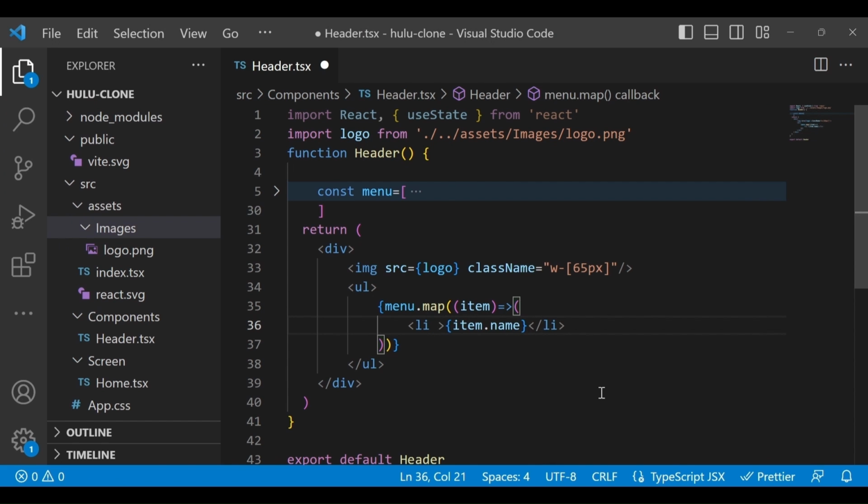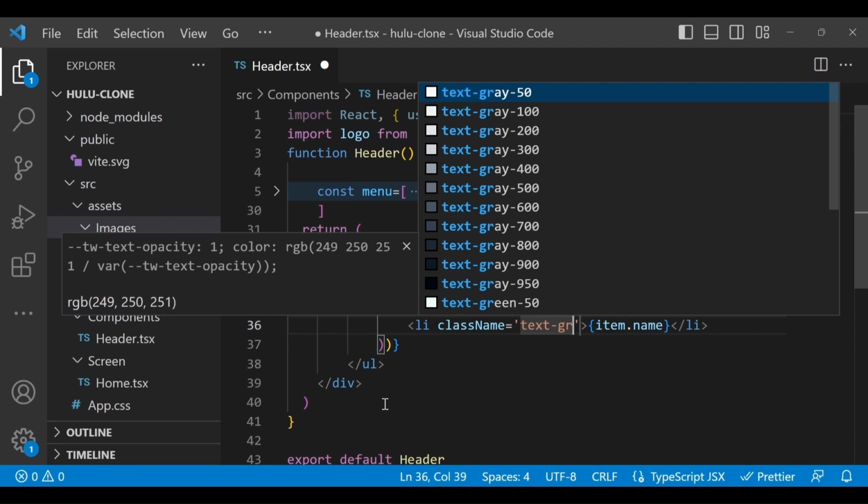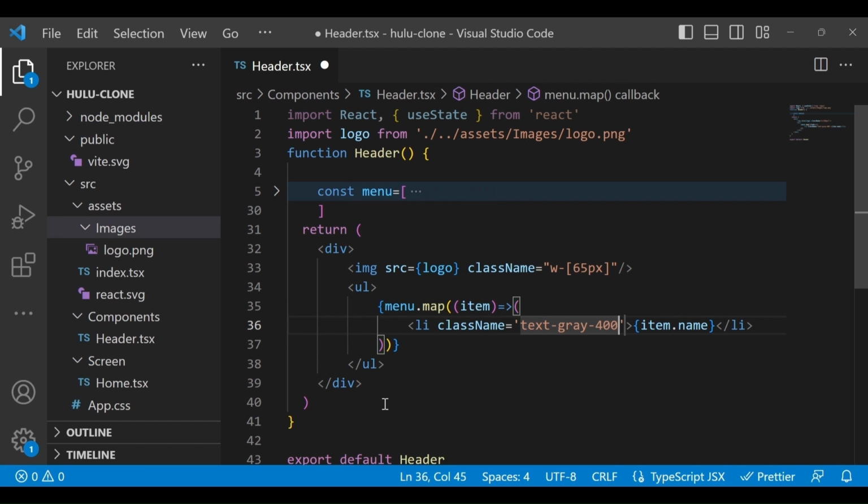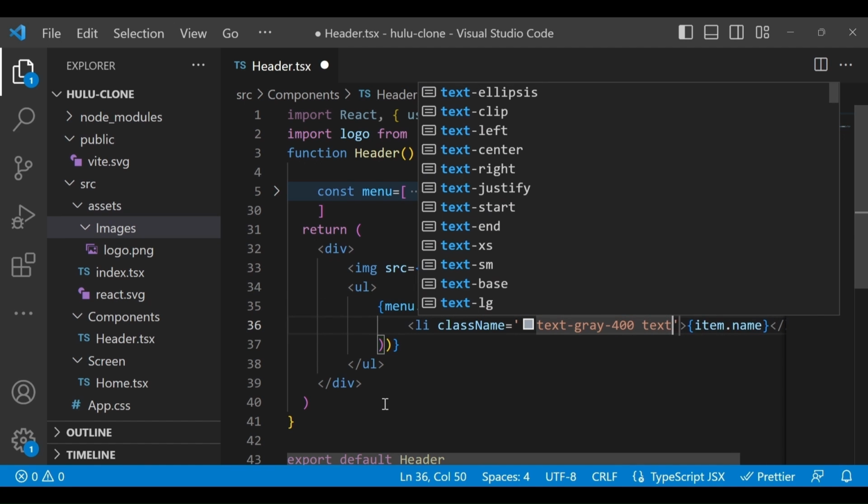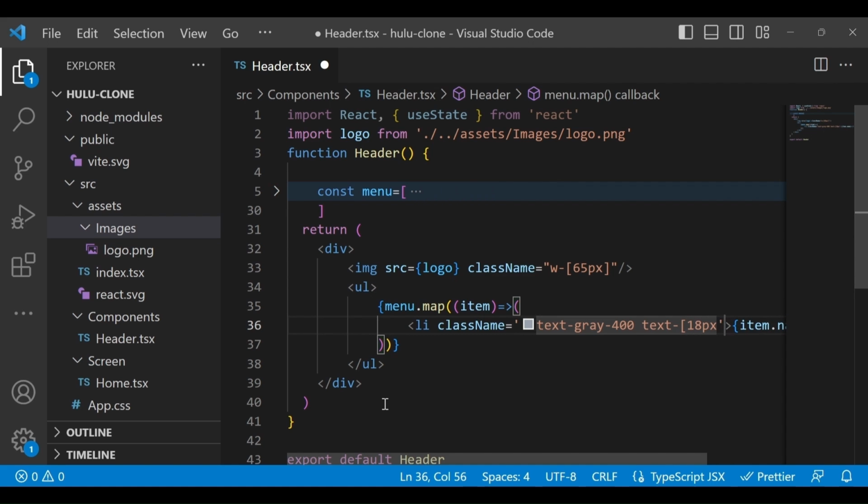So for this li tag, let's apply some class name, and here we will give the text of gray color. If I write text, you will see this bunch of gray colors with some codes, right? In this case I will give 400, and I will give some text size like 18 pixel, which is custom.